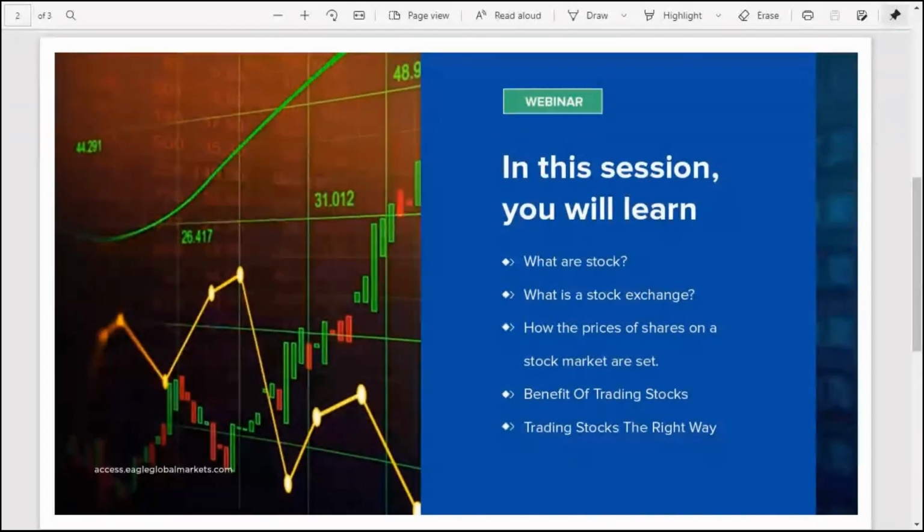Exactly, the highest bidder, okay? And we can relate it to a form of auctioning, right? She auctioned her fish, and she got paid by the highest bidder, because 1,900 is still relatively high compared to the other bids. So she offered the fish to the what? To the highest bidder. And that is the same way the prices of stocks are set in the stock market, okay? It's done through an auction process where buyers and sellers